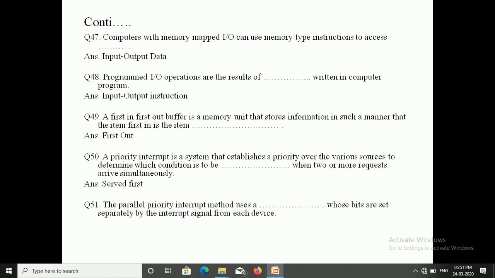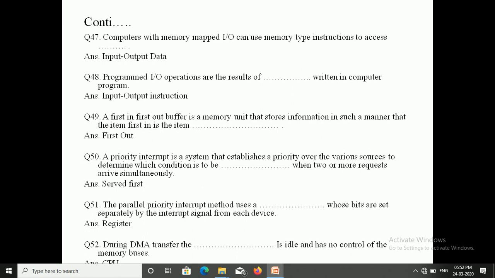The next question, 51. The parallel priority interrupt method uses dash whose bits are set separately by the interrupt signal from each device. The correct answer is register. Next is during DMA transfer, the dash is idle and has no control of the memory buses. The correct answer is CPU,